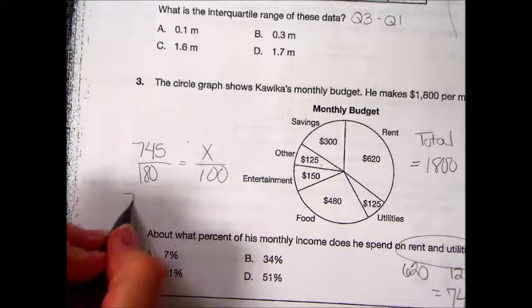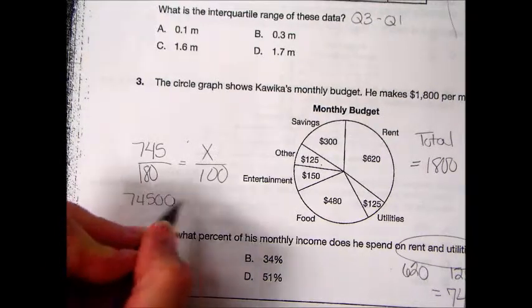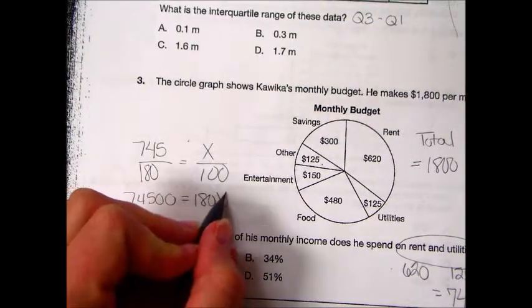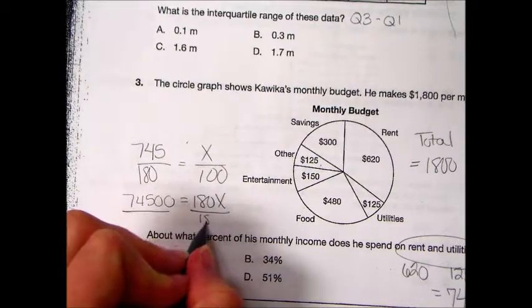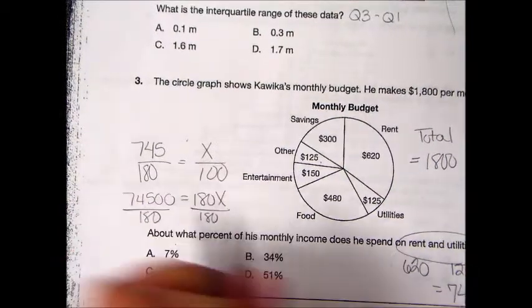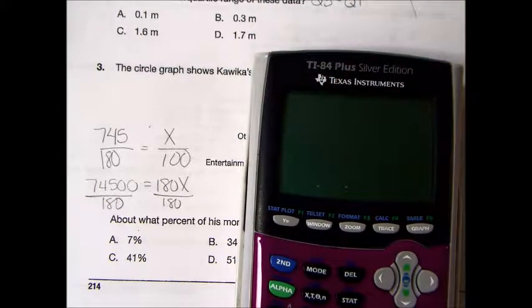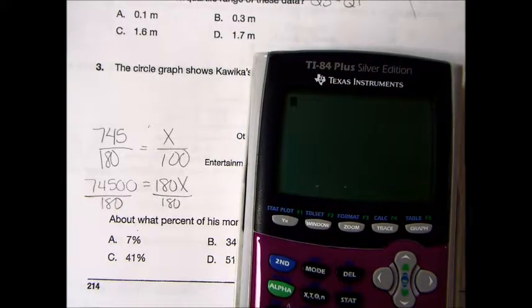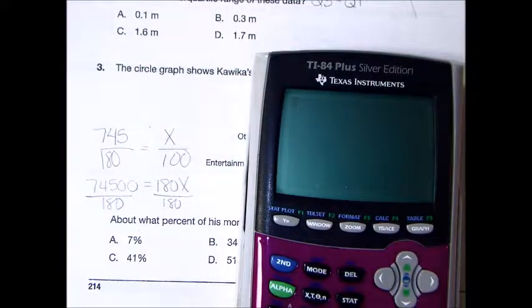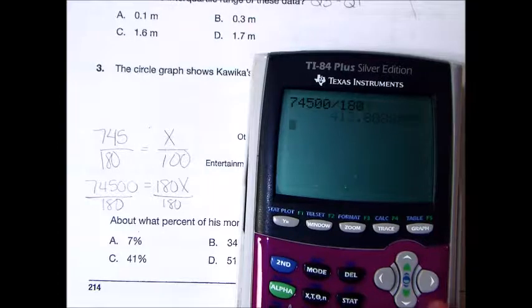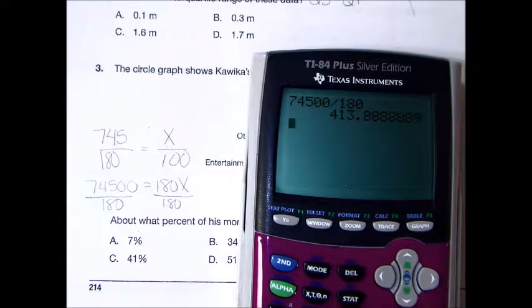Cross multiply, so it's 74500 equals 180x. Again, some of you might think this is overkill, but it's something that will always work. Here's what happens: kids are like, I know how to do this problem, so I'm not going to practice my proportions now. So later, because they haven't practiced their proportions, they aren't able to complete the second part of a problem. Okay, so we get 413, and I think that's